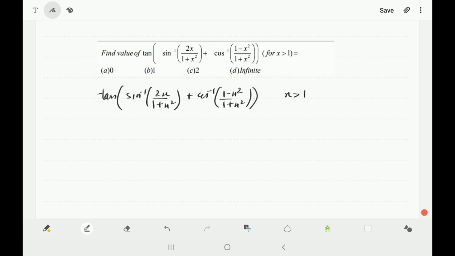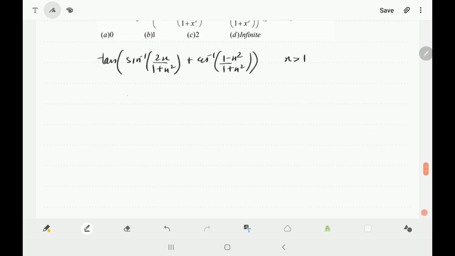Accordingly, you will get the values of theta and then you can solve this problem. So I'll be solving this problem with both the methods. First, let's do it with the help of tan inverse x is equal to theta. So if I substitute tan inverse x as theta, we have x ranging from 1 to infinity. So tan inverse x will have the value, because it is an increasing graph, pi by 4 to pi by 2.